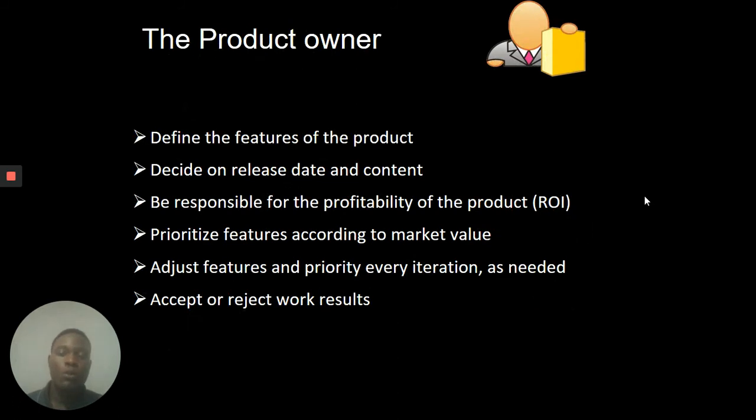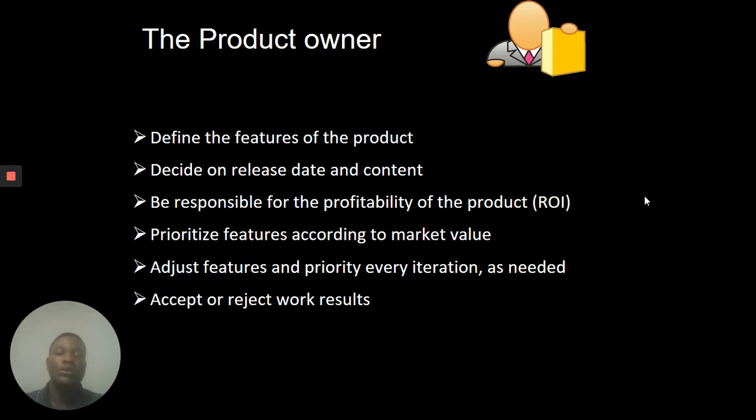So the product owner basically is the one that defines the features of the product. He's the one that determines what the team is going to build. Basically, he has complete ownership of the product. That's why it's called the product owner. He's the one that has to account for the product. He is responsible for the profitability of the product, which is why he has to make the decisions when deciding